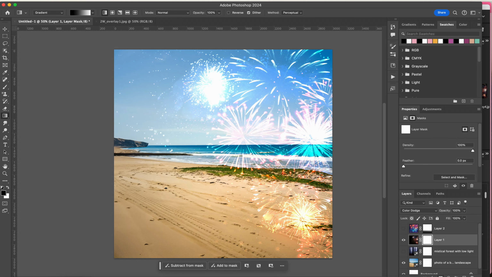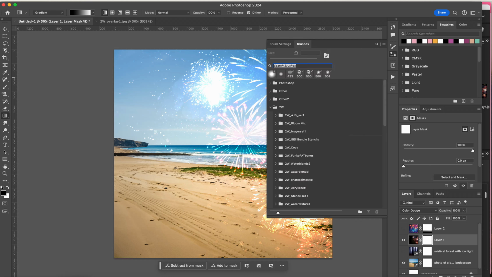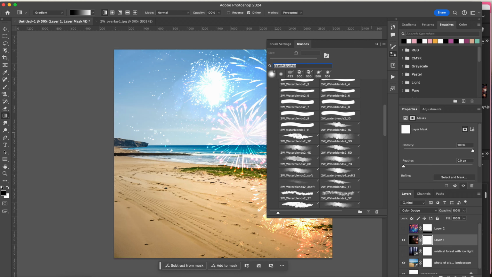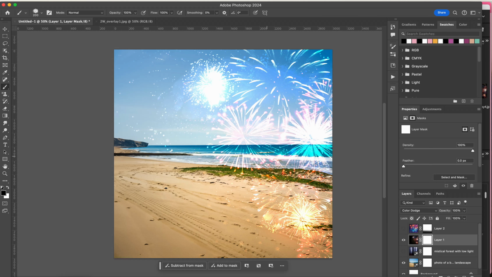With this one, I'm gonna use another method to mask, right? Supposedly I don't want this here on the sand, I just want it in the sky. So what we can do is use brushes. I'm gonna use my Waterblends too. Get a very soft dynamic brush here. I'm gonna increase the brush, and if you want, you can reduce the opacity of the brush, but if you want to remove completely,